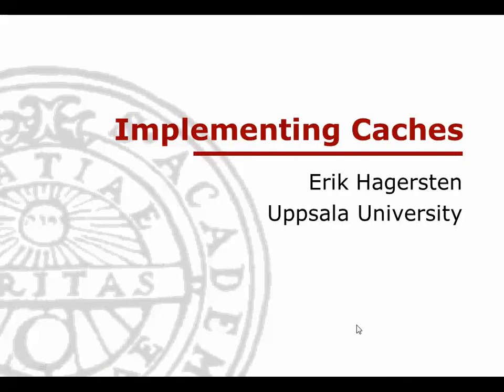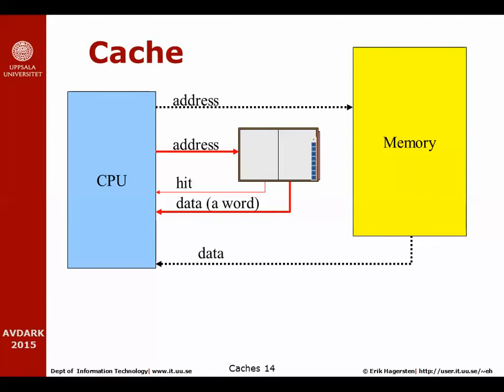In this video, we will discuss how to implement a very simple cache and also what kind of possible improvements we could envision for making caches even more efficient. So once more, a cache is a small device that sits in between the CPU and the memory. Its input is an address and its output is some kind of data as well as an indication of whether or not the data can be trusted. So we're going to design this pink box here in a simple way and gradually make the implementation more and